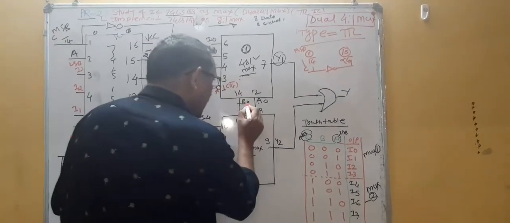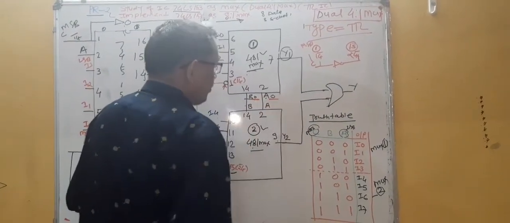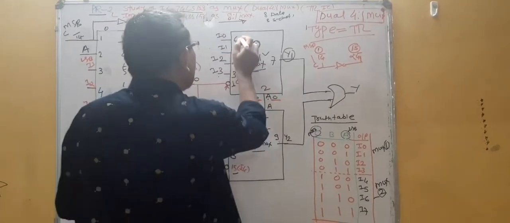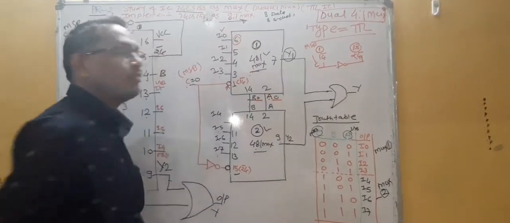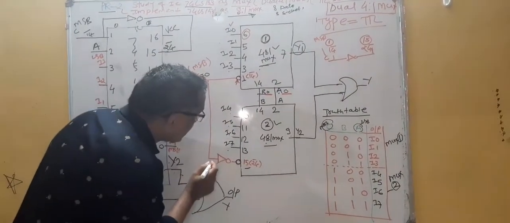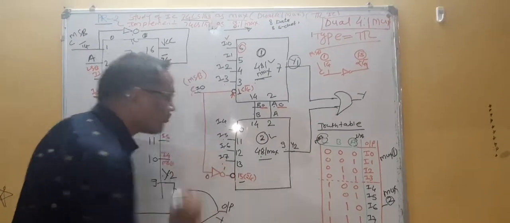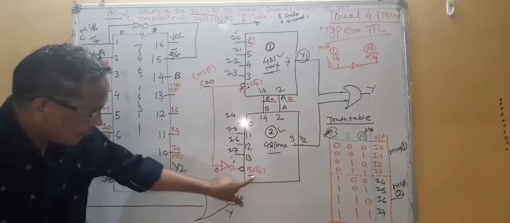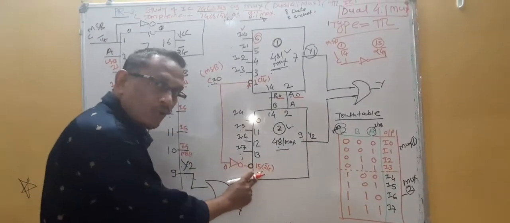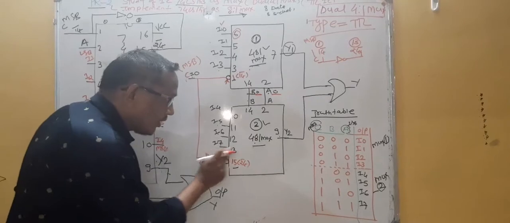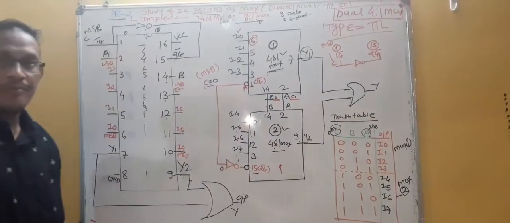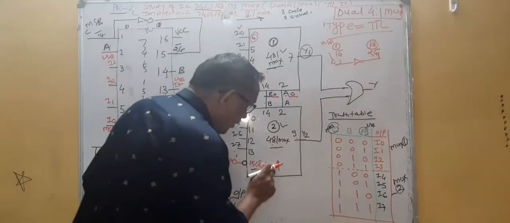Out of that, you are applying B is equal to 0, A is equal to 0, so this is 0, 0. That means what? Out of the total 4 data inputs, pin number 6, that is called I0, will get activated. But at the same time, C is equal to 0, so you are applying 0, but due to this inverter it becomes 1. Again, pin number 15 is active low, so due to this 1, you are applying an active high signal to an active low pin, so the lower multiplexer doesn't work. It will be disabled and not produce any output. That's why it is disabled.